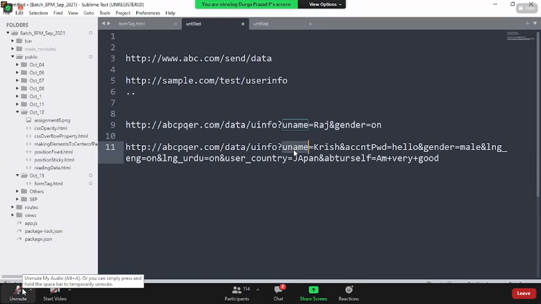You have given name as Krish, account password, something, gender, so-and-so, language, country, about yourself. Every input element, whatever you have filled, all that data will be added to the URL.